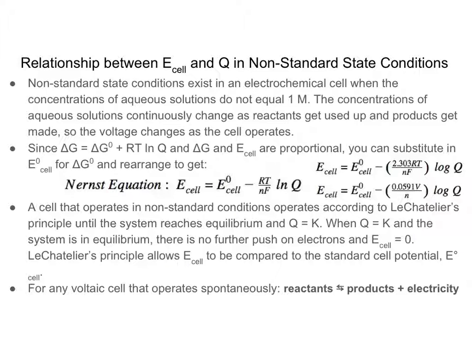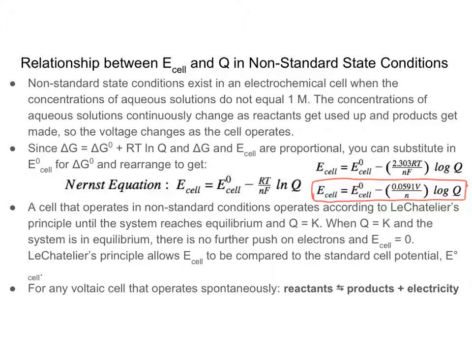Now, I'm going to give you a hint here: when we get the Nernst equation, we're going to end up using this portion of it a lot, because that's the derivation that allows us to relate non-standard state conditions to standard state conditions. So a cell that operates in non-standard state conditions, according to Le Chatelier's principle,